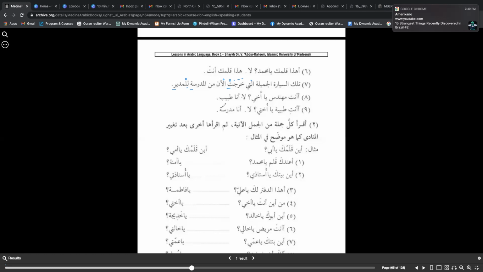Ana mudarrisatun. So in Arabic, everything is gender specific. Just like in English, we could say she is a teacher, he is a teacher, they're teachers, and we don't have to change it for the gender. In Arabic, if it's a male and he's a teacher, we say huwa mudarrisun. If it's a woman and she's a teacher, hiya mudarrisatun. Male doctor, huwa tabibun. Female doctor, hiya tabibatun. So the language is gender specific in everything. Now,